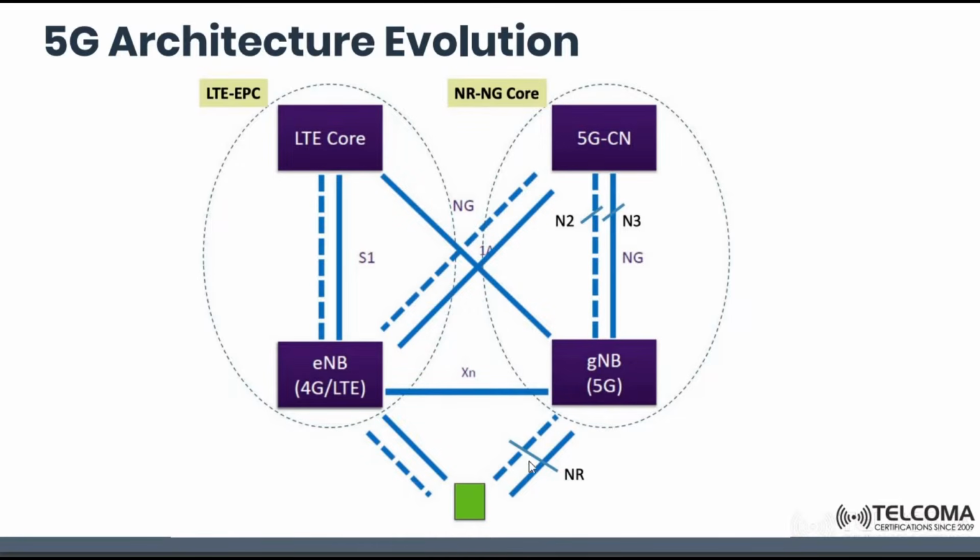UE can connect its normal control plane and user plane with G Node B and E Node B as well. I'm not talking about simultaneously. Yes, they can connect simultaneously with one another, but how can they be connected? G Node B doesn't support control plane setup with LTE core. So this is the main important thing, and how the intelligent interconnectivity works between them is shown in this diagram.